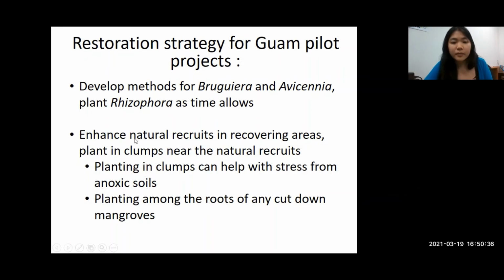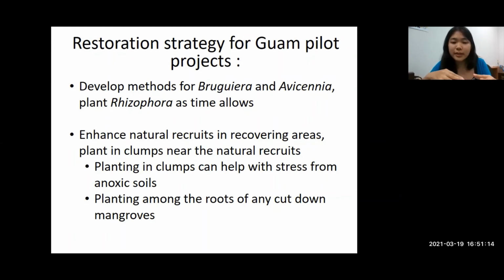And then it was also a suggestion from that Mangrove Action Project consultation that we can enhance the natural recruits in our covered areas. So rather than focusing on planting in one spot and measuring the size grown in that particular area, we can just enrich what we already see growing naturally. So if we see a lone mangrove growing by itself, we can plant some friends next to it, and that will help them have better resistance against waves